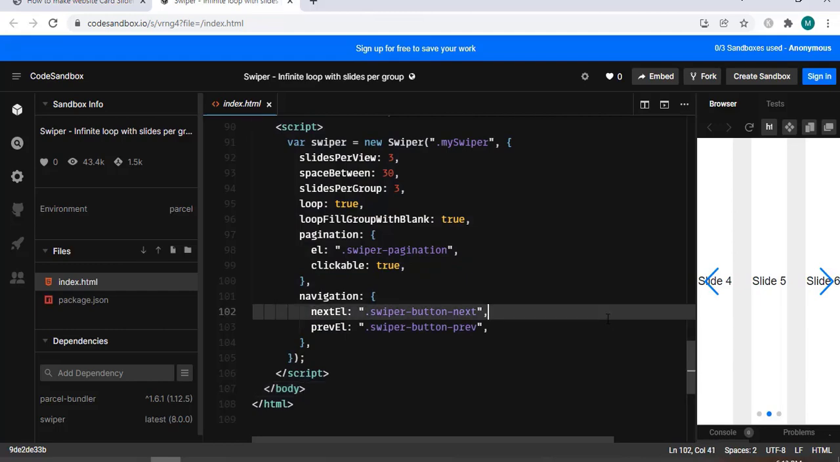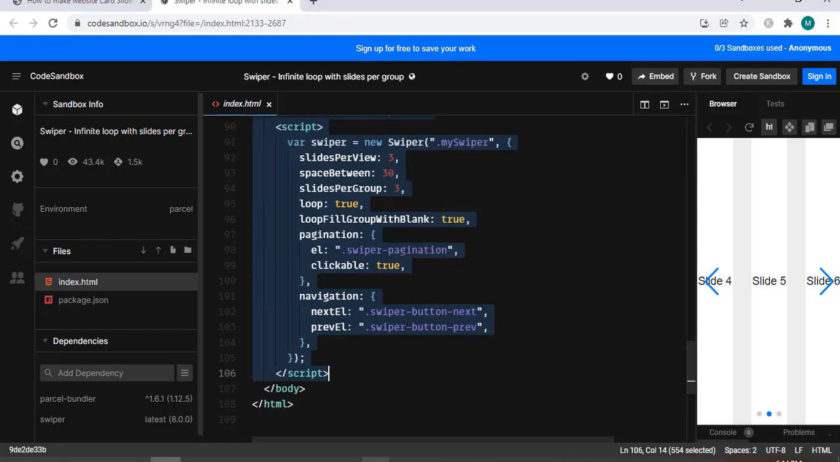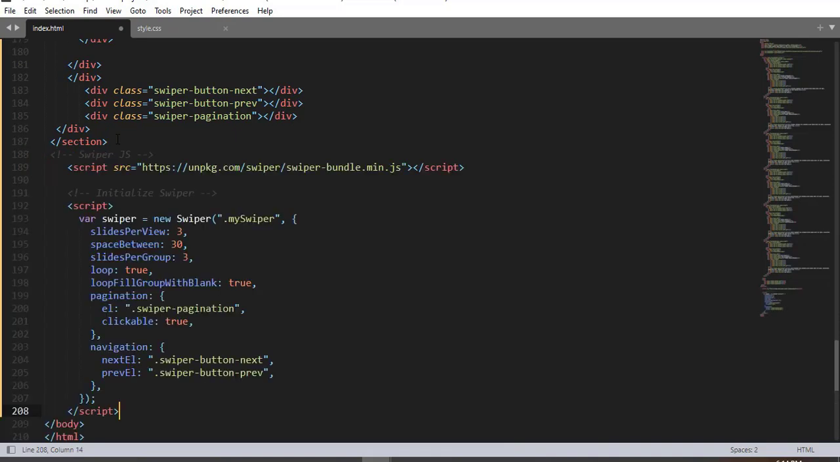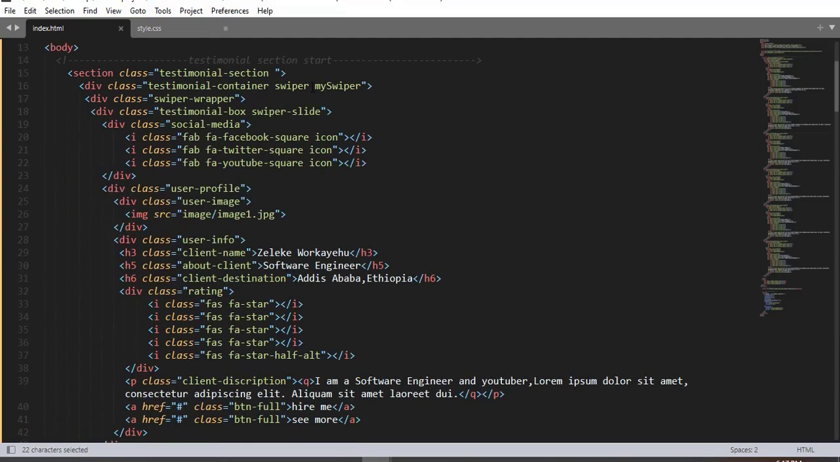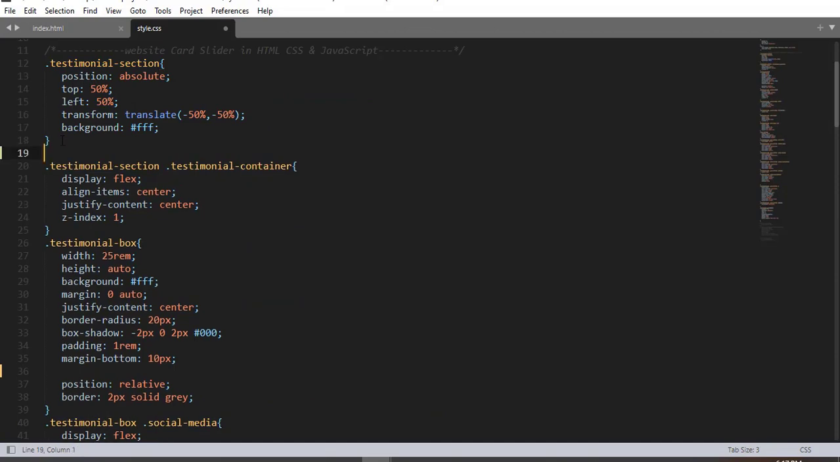So now let me drag a little bit down and copy this JavaScript code right here, and outside of this section but inside the body element selector, paste this JavaScript code. You see, this is the JavaScript code that enables us to add interactivity over this slider. So again, using this class selector,